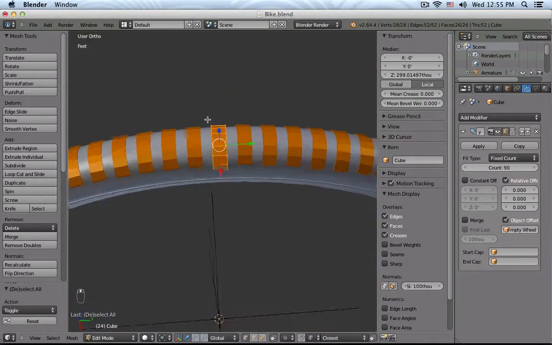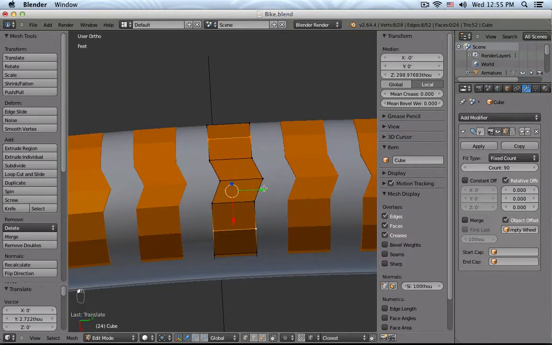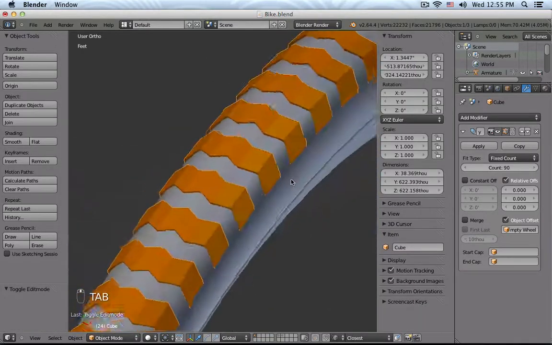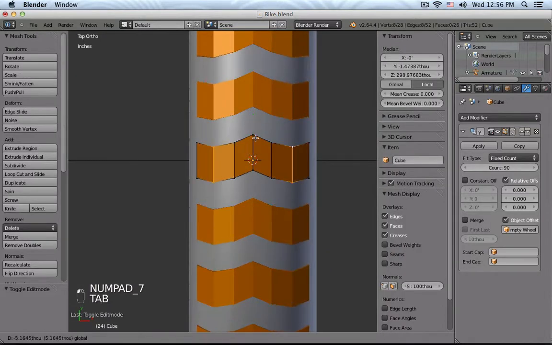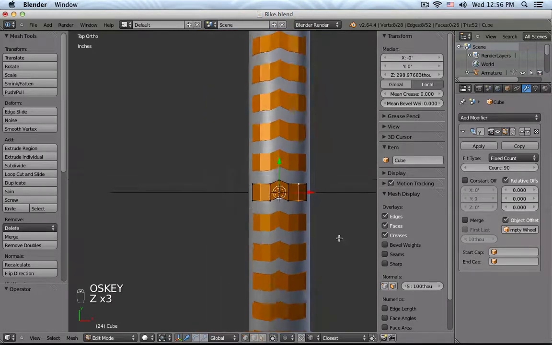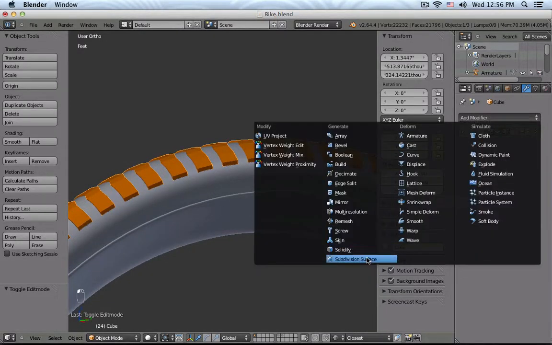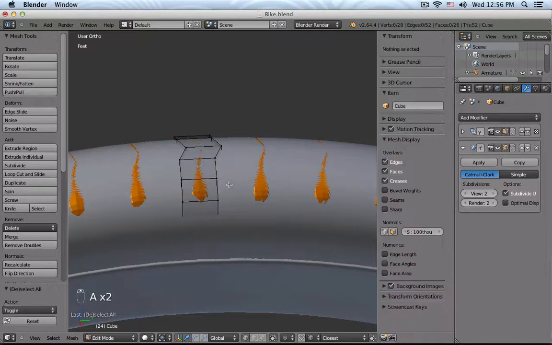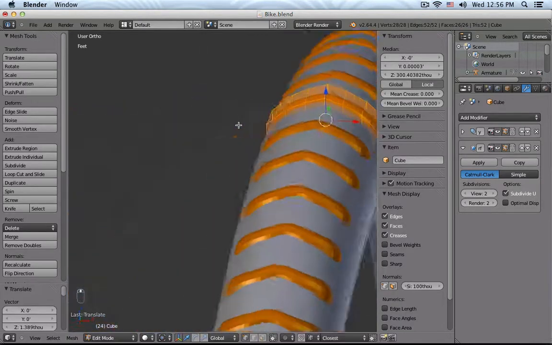So I could go ahead maybe in a top view and say, well, this cross section move forward, those two cross sections move backwards or also go forward. So you see that it's very easy to quickly generate a structure or pattern without too much work. I could maybe say, well, this is too blocky, so maybe add a subsurface modifier. Well, okay, then everything is too far inside the wheel. So maybe here I have to